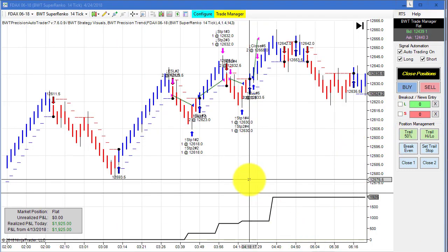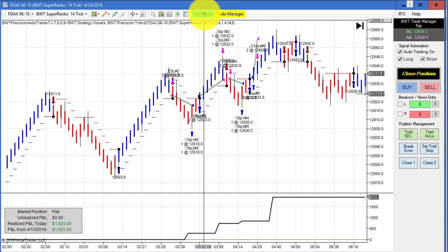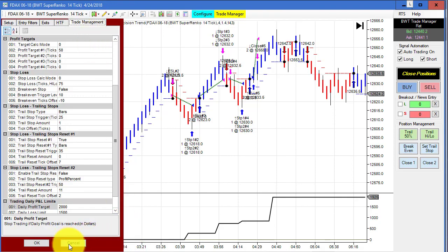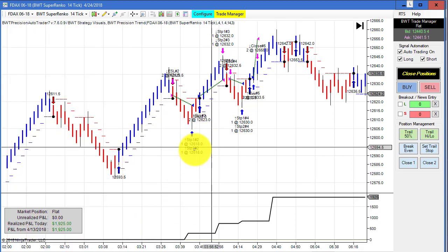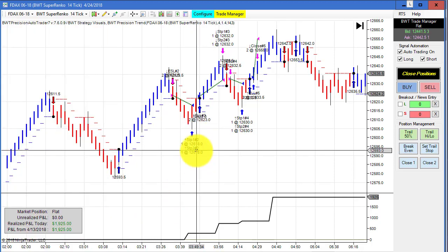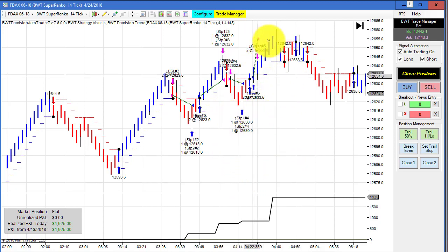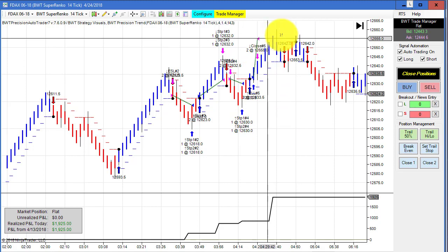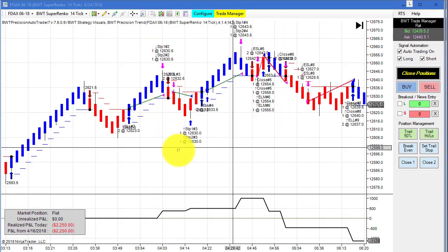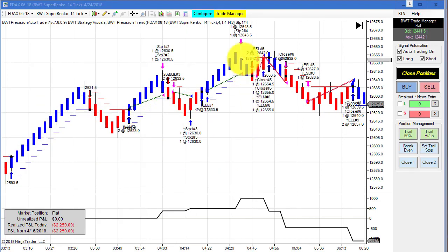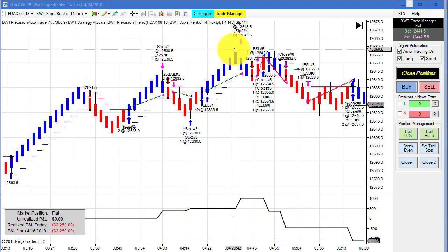Okay, next up is the DAX on a Super Renko 14 tick. This one has our daily goal of 2,000. It's slightly different settings, but the DAX 14 tick Super Renko that got stopped out had very similar trades, except that this one hit its goal at the top of this move. So I want to come back to the chart that got stopped out, and you can see that the trades are fairly similar here, except that had we gone up here with two contracts, we would have hit a goal